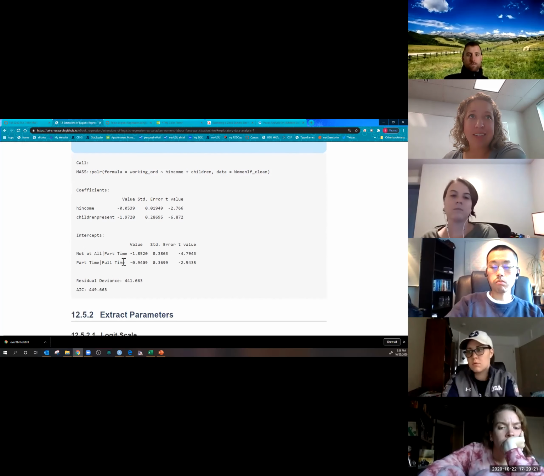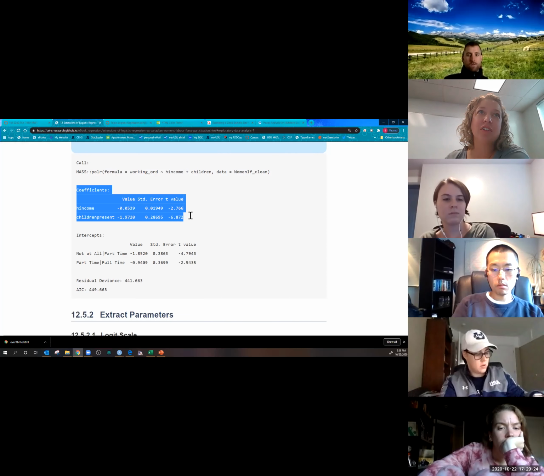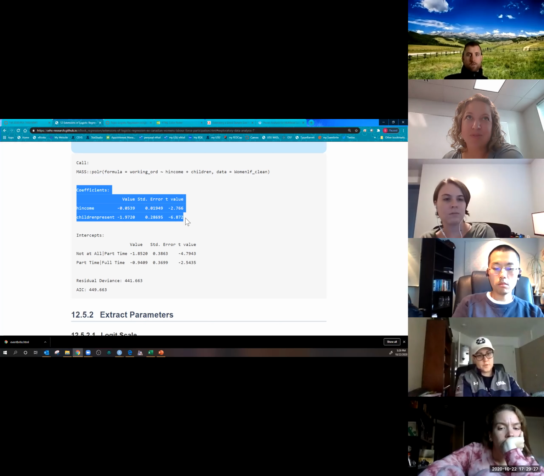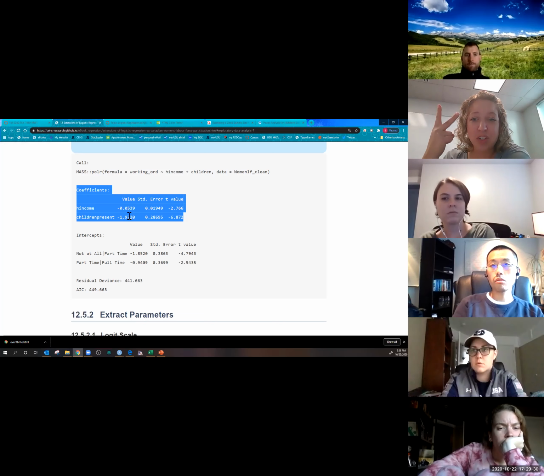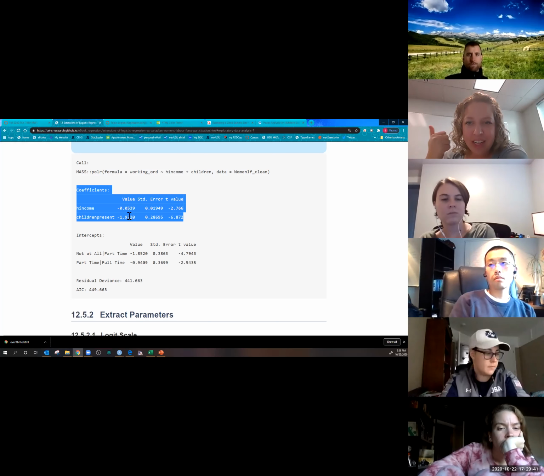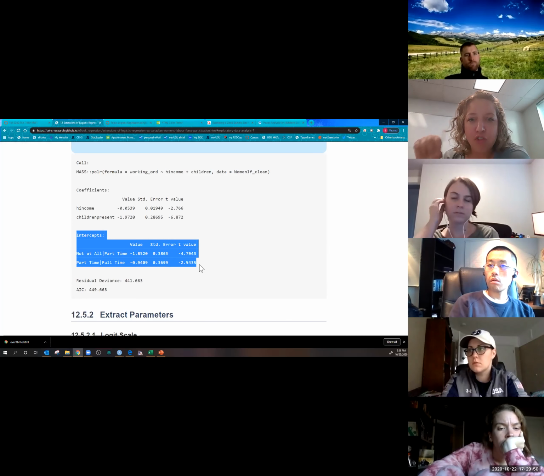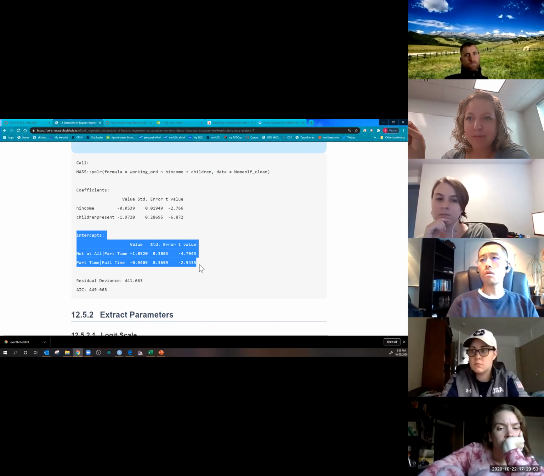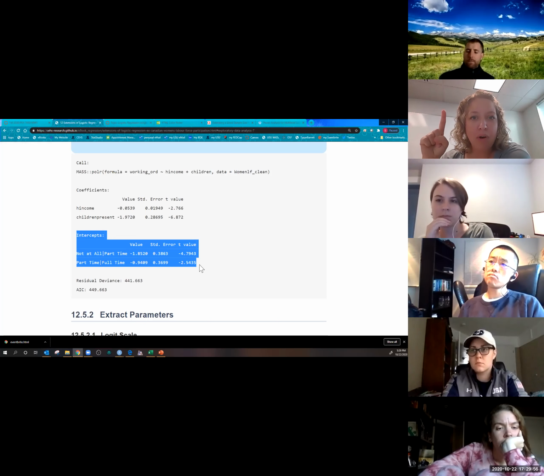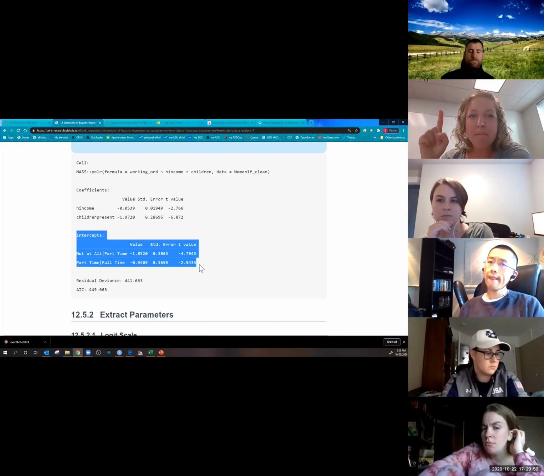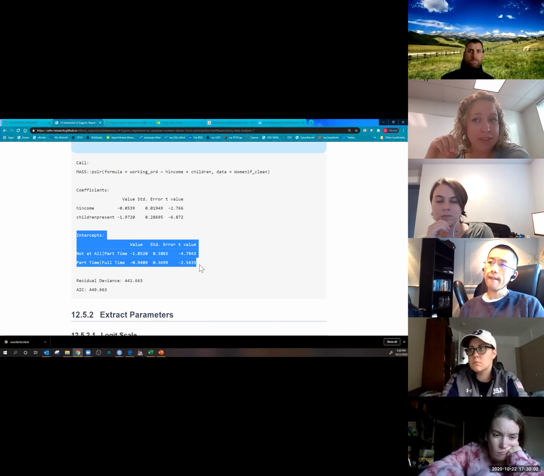Now, when we get the output, it's a little bit different. How many coefficients do we have? There's only 2. See, Mike, there's the value, the standard error, and the t-score, but there's only one just for income and just for children. But what do you notice about where's the intercept? We don't have one intercept. What we get are several intercepts. So we only get one parameter estimate for each of our predictors, but we get multiple intercepts.